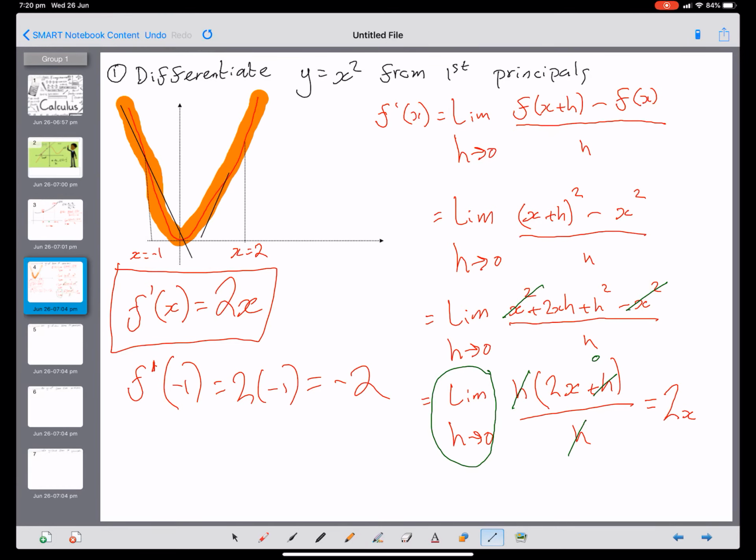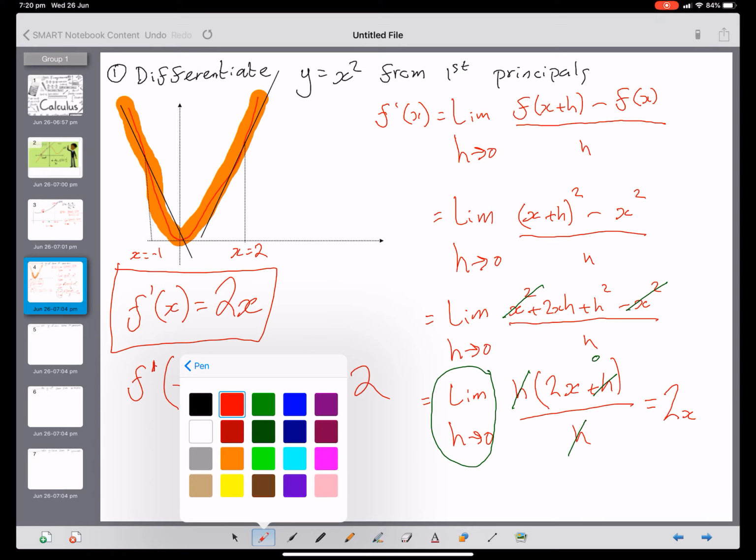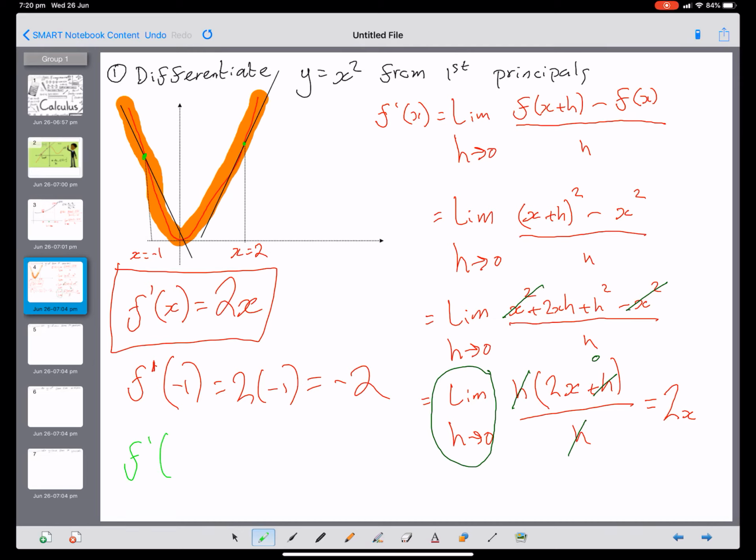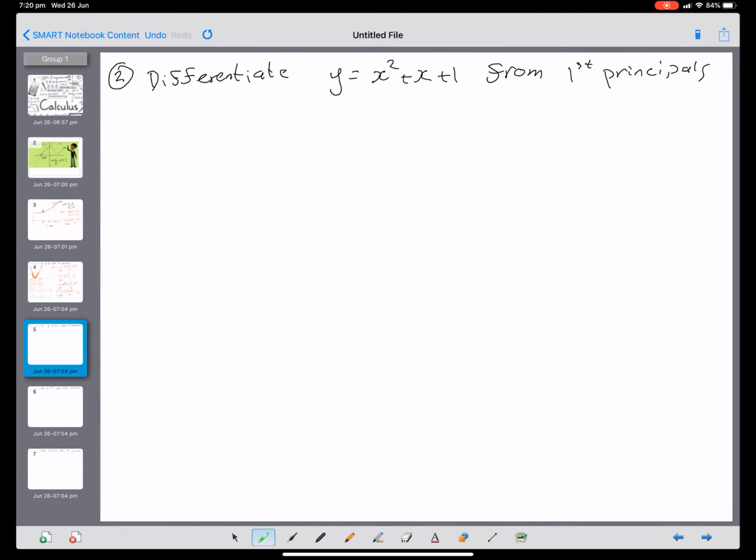Let's see if we can find the, let's do that in green so we know what we're doing. A point there and a point there. Okay, so let's do f dash of 2. 2 times 2 is 4. So we get a negative gradient there and a positive gradient here. Okay, so let's look at